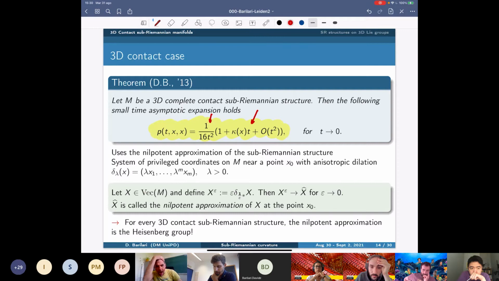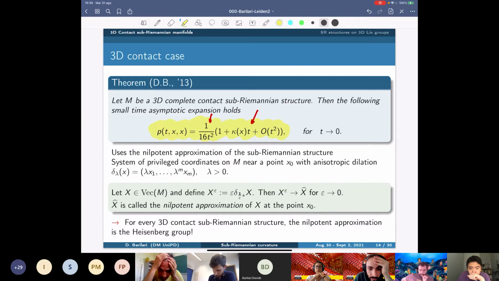So in general, to prove this kind of result, one uses the nilpotent approximation technique, which means to consider a blow up of our structure and then write down a general contact structure at the point as a perturbation of the Heisenberg one. So in the general case,